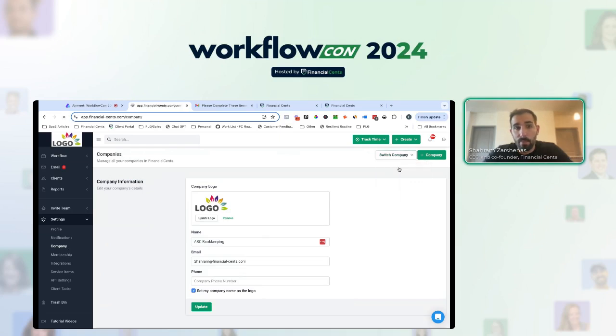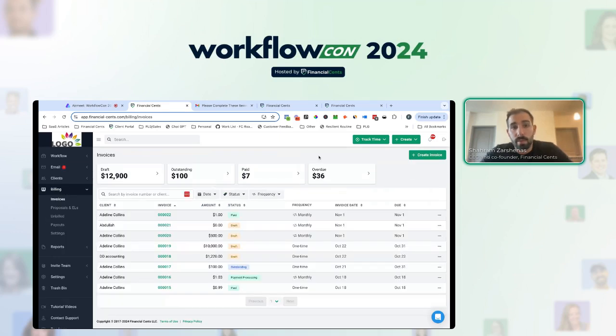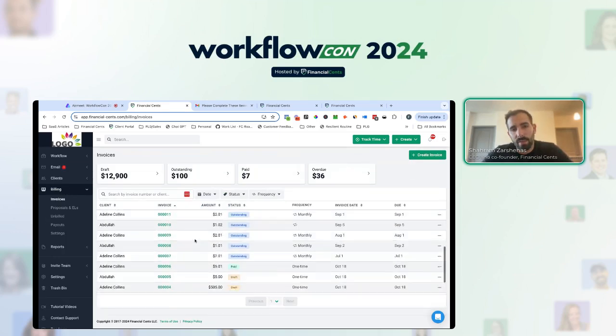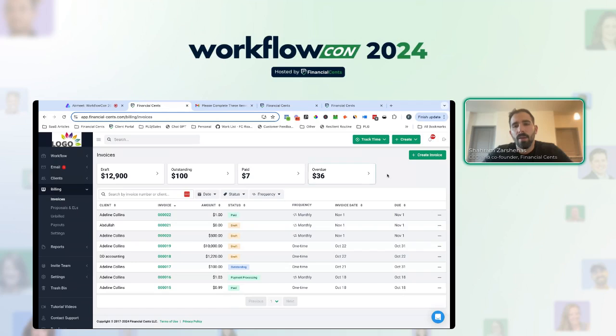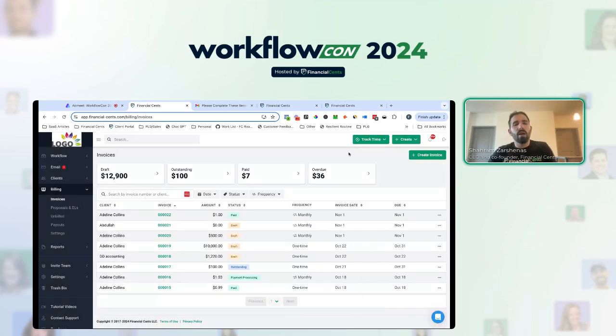Now, I don't have it here, but one new thing that's coming out next week is our invoicing. So soon, within the next week, you're going to be able to actually invoice your clients in Financial Sense as well. So you can create invoices. You can set up one-time and recurring. You can automate those invoices as well, so they're automatically paid, which reduces your AR. You'll have proposals and engagement letters, which is coming in a few months, later this year. That's not going to be available next week. You'll be able to bill off time. You'll have WIP reporting, AR reporting.